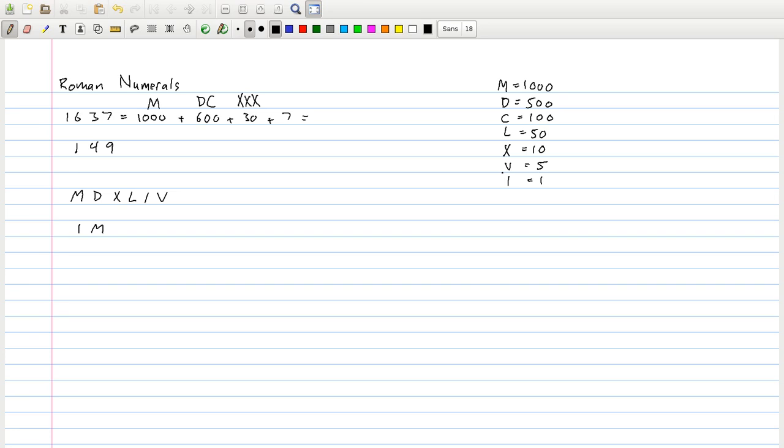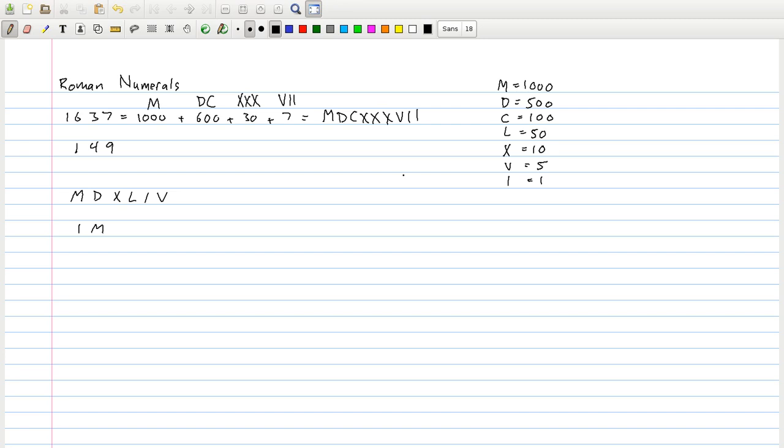7, we can write in terms of 5s and 1s. We know that 7 is 5 plus 2, so we have a single 5 and then 2 I's, 2 1s. Now it's important again on this last part that we wrote the larger symbol first. The V had to come before the I's to add these together. So now we can string all these letters together, and this gives us M, D, C, X, X, X, V,